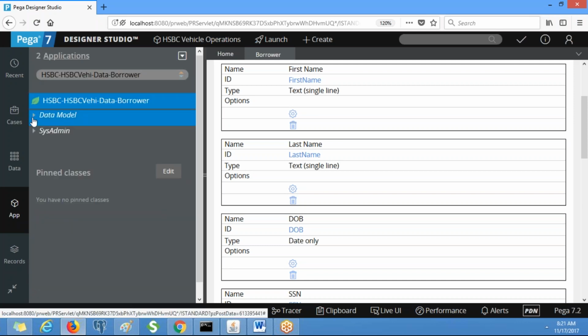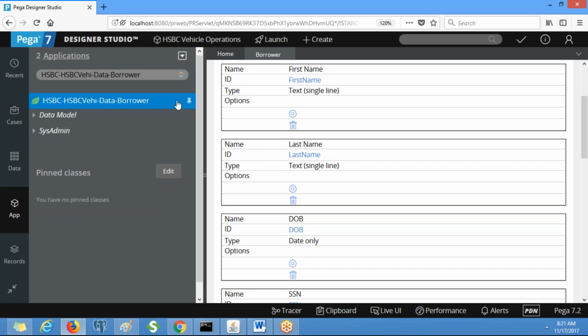Before that, we have created the data class, right? Now we need to create a page property under work class, a page property called borrower, and we give this data class as reference to that one, so that we can use all these properties like borrower dot first name, borrower dot last name, etc. Now go to the work class.